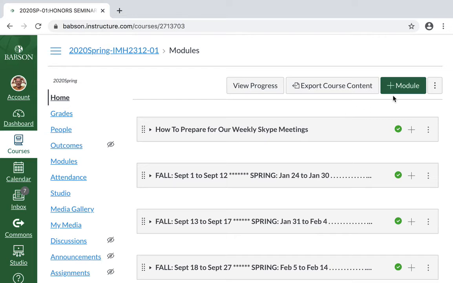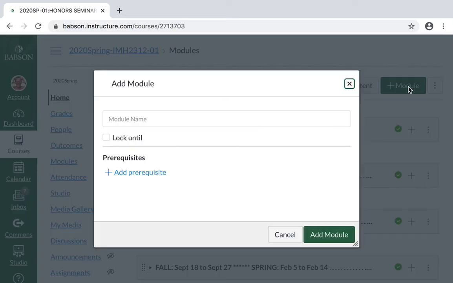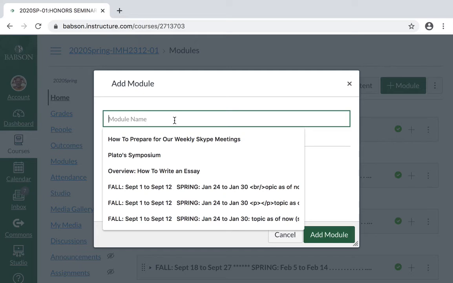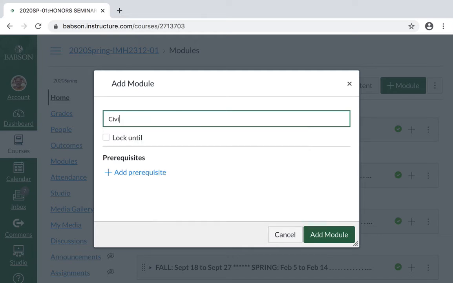Making one, though, you got to hit that green button with the plus sign that says Module in the upper right-hand corner of the screen. Boom. It gives you previous ones that you've made in the past. Let's say you want to make a module, and you are going to base it around a book. So, Civilization and its